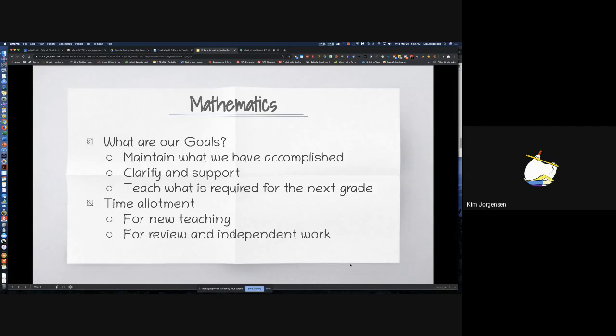So for new teaching, he's really focusing on 3 hours a week for language arts / ELD and 3 hours a week for math for teaching new material. He wasn't real clear with how much time we can spend doing review and independent work. So that's kind of up to you and what's going to work. If I get more clarification on that, I will promise to pass it on.